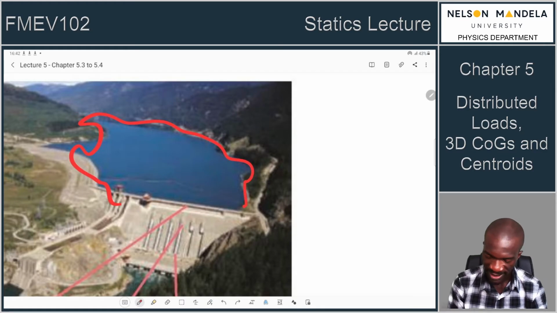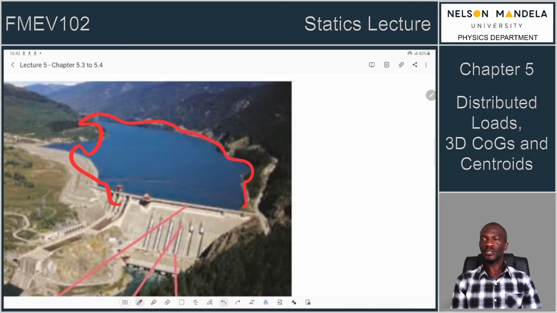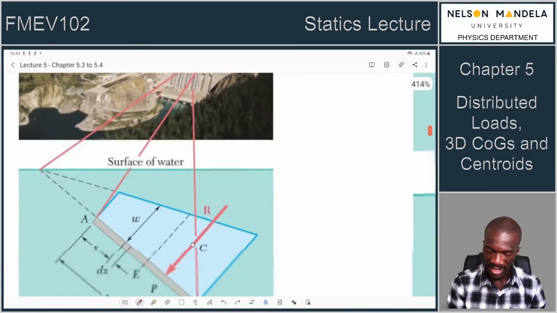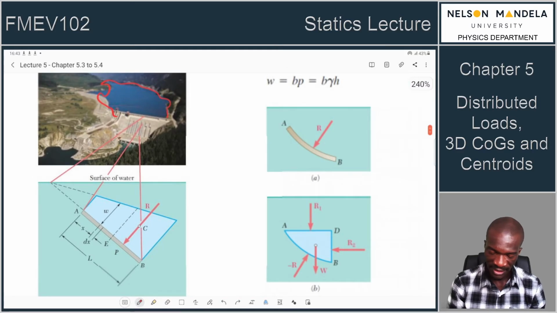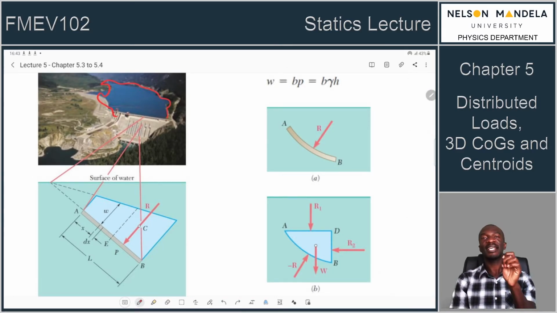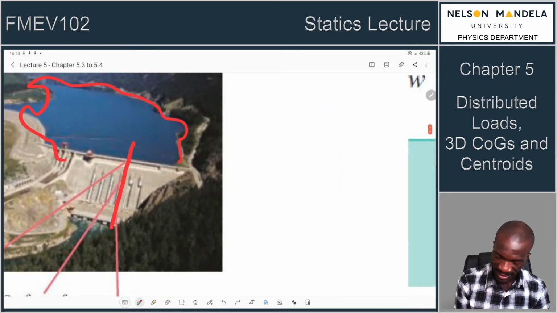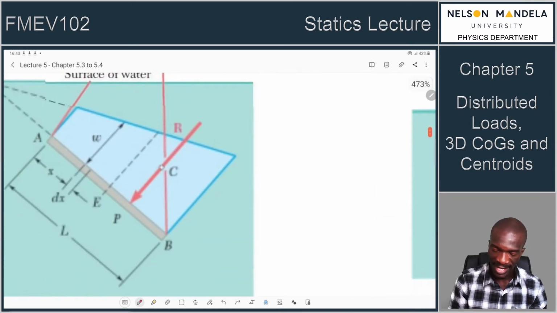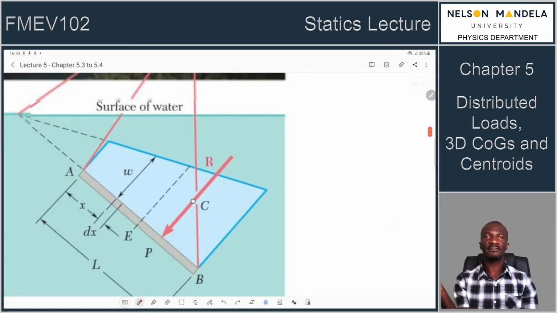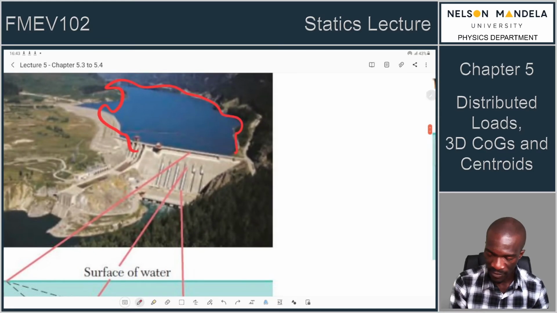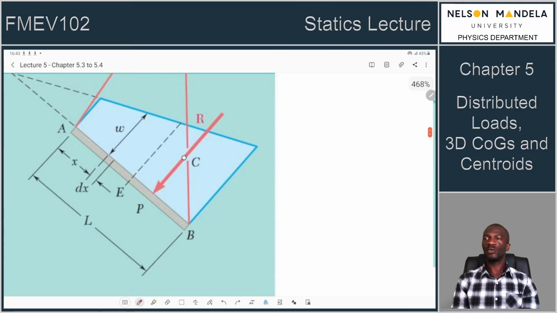If we are to take a section that starts from that point of the dam wall to that point of the dam wall, we have taken a small section of the dam wall and we want to analyze it. We can now analyze that section in terms of its cross section. So in other words, we took a slice of that section, and that slice is now showing us a side view. So this is from this side view how the dam wall is actually interacting with the fluid, in this case, which is the